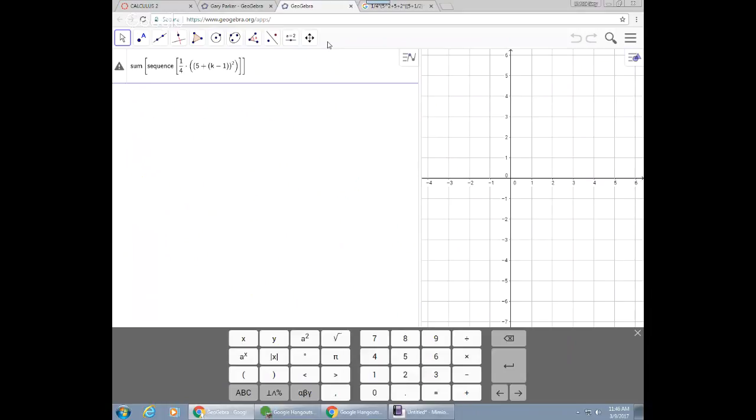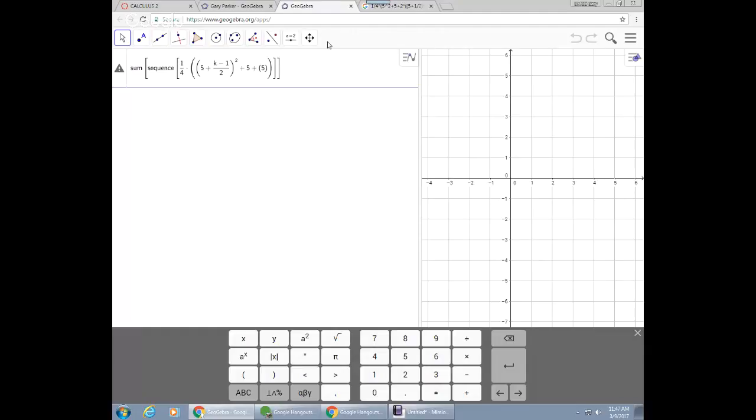Oh, it's not quite right. It's not showing my cursor. Divide by 2. There we go. K minus 1 over 2 plus 5 squared. Oops, wrong spot. Plus 5. Put that in the right spot. X squared plus 5, where x is 5 plus k minus 1 over 2. That looks right. And then I want to add that to